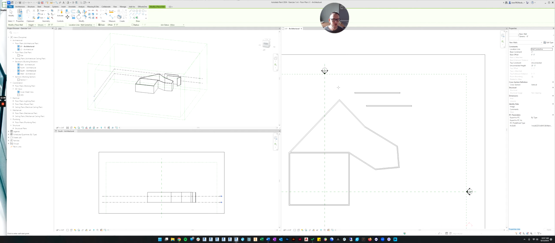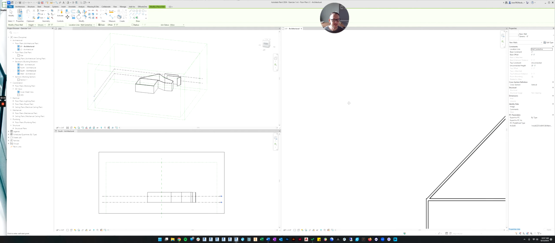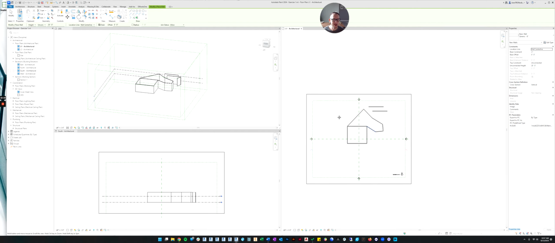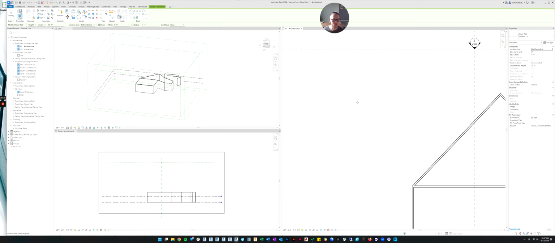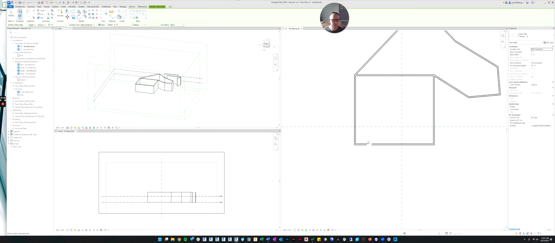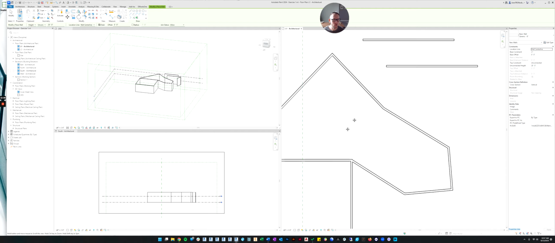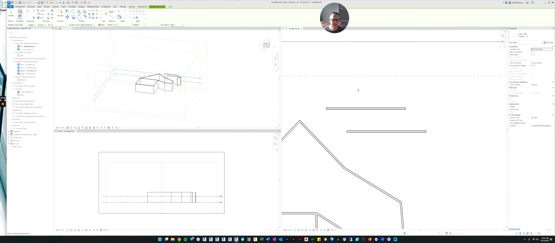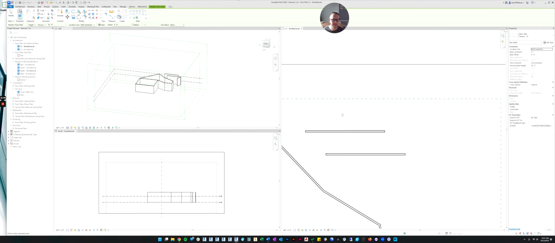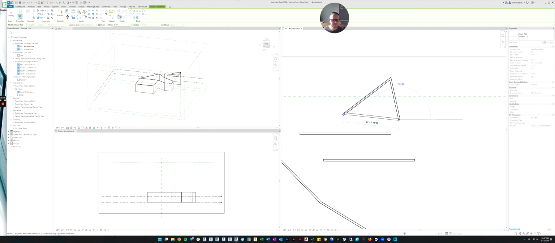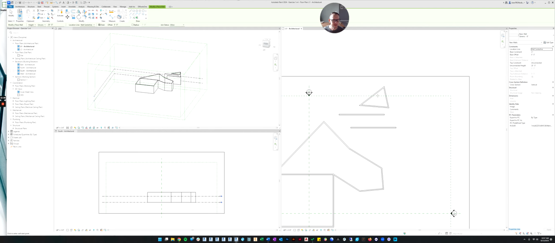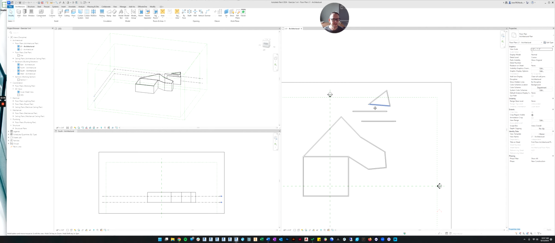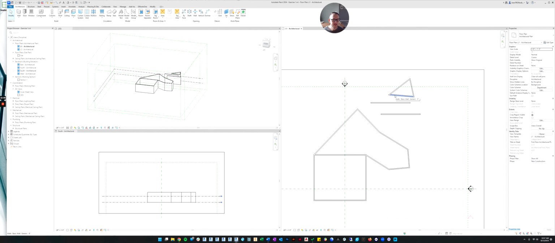You'll notice while you're in the wall command, you can still zoom in and out, and you can still pan. That's great because if I was here and then I needed to draw a wall over here, I don't have to get out of the command. I can stay in the command, navigate, and then start a new wall. Okay, so I'm going to hit escape twice to get out of the wall command.